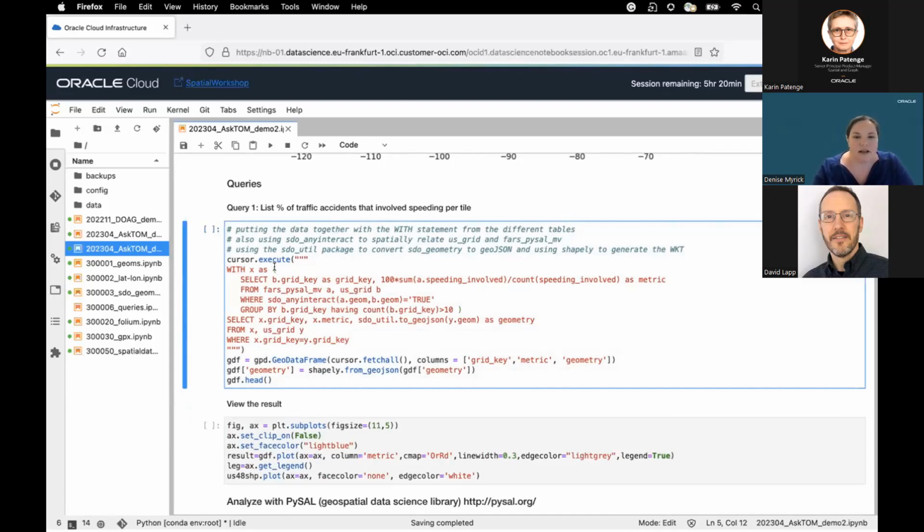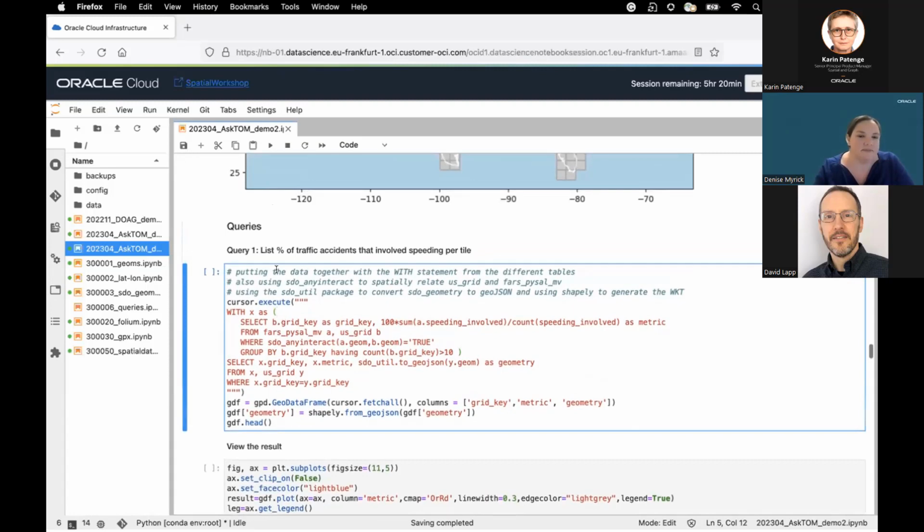We're using the table forest PySAL, and the data table US grid. We're going to use those two data tables to find out whether or not speeding is involved in the accident. And that gives us